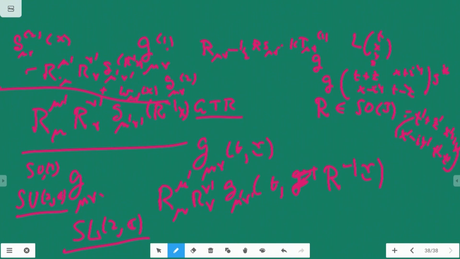If you take the determinant on both sides, since G is an SL2C matrix, its determinant is 1, so the determinant of G is 1 and the determinant of G star is 1, and it follows that this preserves the metric. That means the determinant of this matrix is the same as the determinant of that matrix, which is the same as saying T square minus X square minus Y square minus Z square is the same as T dash square minus X dash square minus Y dash square minus Z dash square. That means the metric is preserved by this transformation, where G belongs to SL2C,